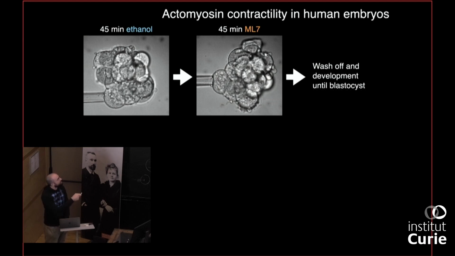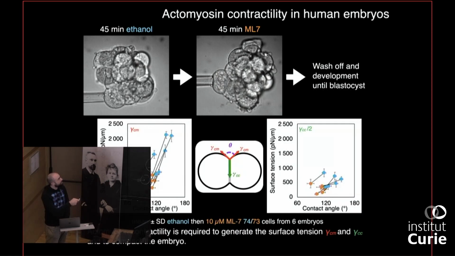So, behold, you block actomyosin contractility, and the embryo is less compacted. It's a mild decompaction in this case. The tension gamma CM is dropping by a factor 3 if you treat the embryos with an inhibitor of myosin activity. And the tension at the cell-cell contact is also dropping. So there is quite some contractility at the cell-cell contact. Because the drug is inhibiting contractility everywhere, at the cell-medium interface and the cell-cell contact, by reducing gamma CC, we are actually promoting compaction, and by decreasing gamma CM, we are inhibiting compaction. So there's a bit of a mixed effect, and the decompaction is mild, by about 30 degrees on average.